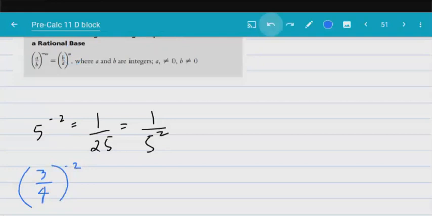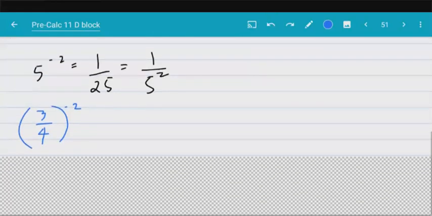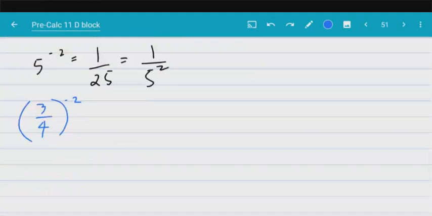Now you're like, huh? How does that work? All right. This is how it works. Well, just keep this in mind for now, right? And once again, I'm going to show you how this works using the pattern with positive exponents. All right, so keep that in mind for now. Let's begin with